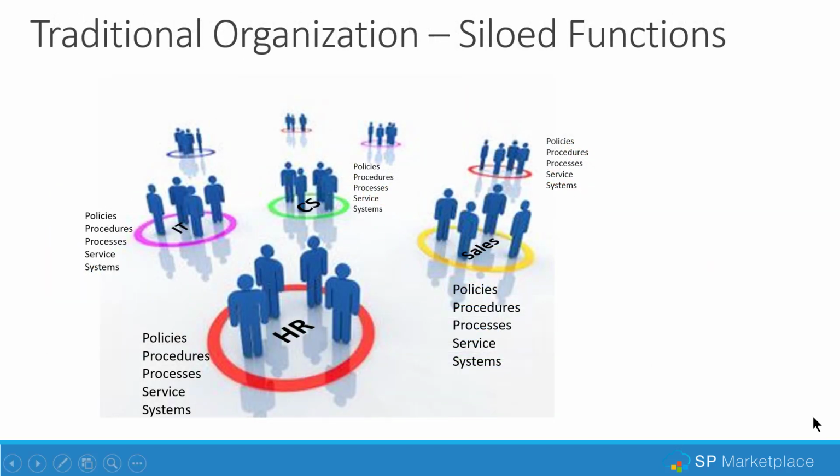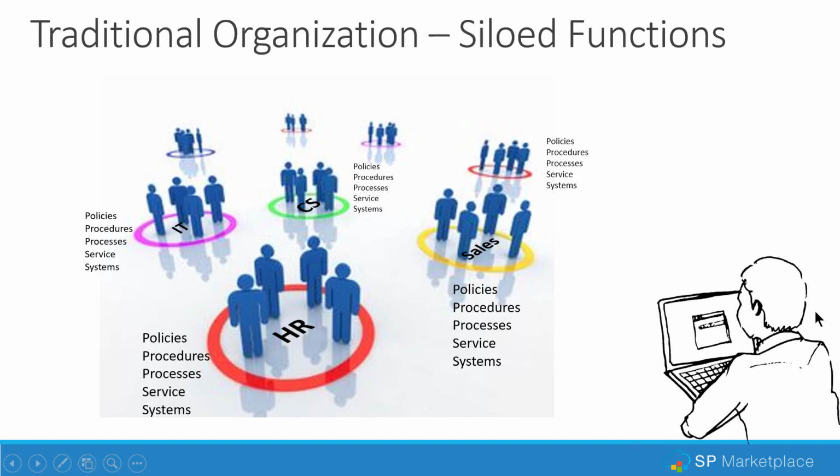So if we step back and look at many traditional organizations, often they were organically created by each function, bringing in sales, bringing in IT, HR, and those type of things. And eventually a lot of these functions become siloed, and they're all adding their own capabilities, their own policies and procedures and processes and how they actually provide service to the employees and so on. Unfortunately, a lot of times they do that separately, and it becomes really a siloed function within an organization, such that an employee looking across all these different functions, it can be very frustrating trying to get what they need